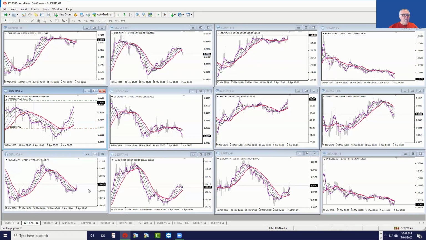Get that back to size. Again, the franc is the mirror image of the euro, so it looks like it wants to go down. The CAD is going down, and the yen is going down. Now, remember when all of these are going down and all of those are going up, then there's an element of US dominance, and in fact, in this case, it's a US weakness. Because of weakness in the US, that's going up. That's a weak dollar, and that's a weak dollar, and that's a weaker dollar.